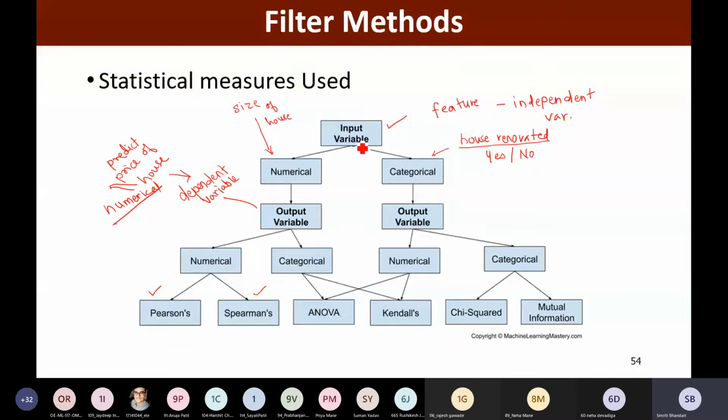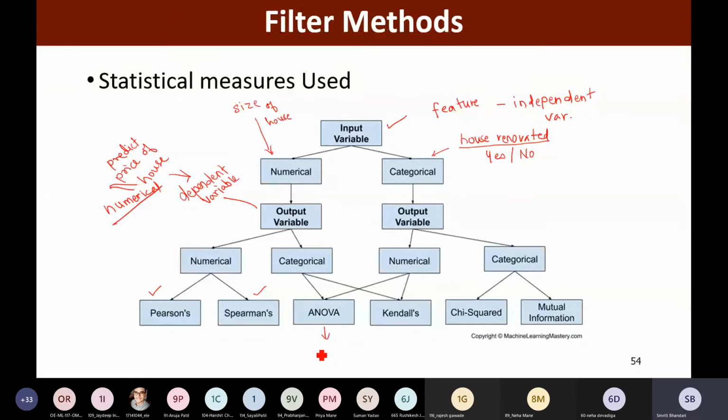Similarly, if my input variable is categorical and my output variable is numerical, then also I may think of the ANOVA method or Kendall's method. Whereas if the input variable is categorical and the output variable is also categorical, then we may prefer to make use of statistical measures like the chi-square test or mutual information.